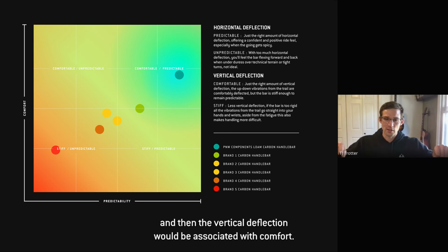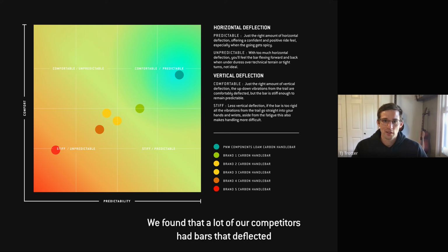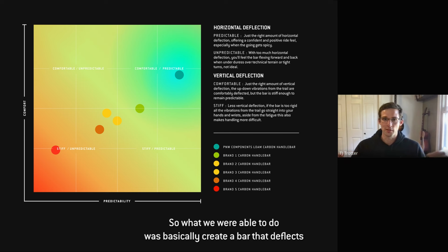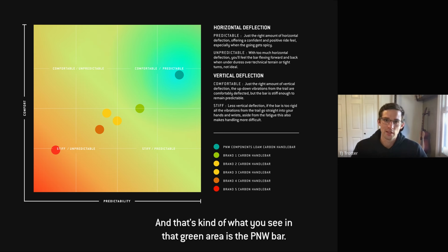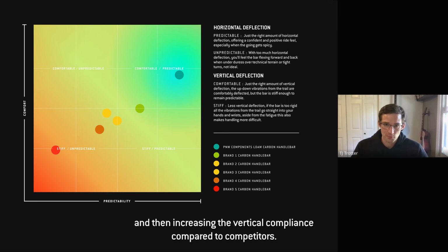comfort. So as you can imagine, if the bar is deflecting slightly up and down, that can create a really comfortable ride or a really rigid ride. So we found that a lot of our competitors had bars that deflected too much horizontally and maybe not enough vertically. So what we were able to do was basically create a bar that deflects our preferred amount of vertical distance and then also horizontal. And that's what you see in that green area, the P&W bar. It's increased comfort and increased predictability by basically reducing the horizontal compliance and then increasing the vertical compliance compared to